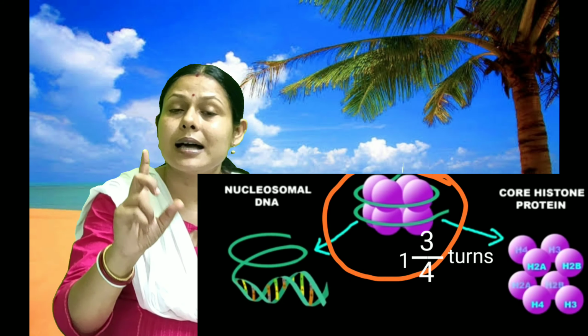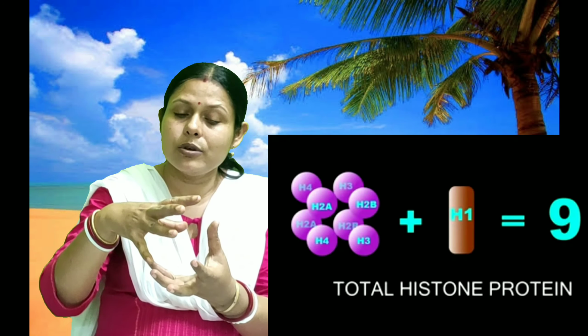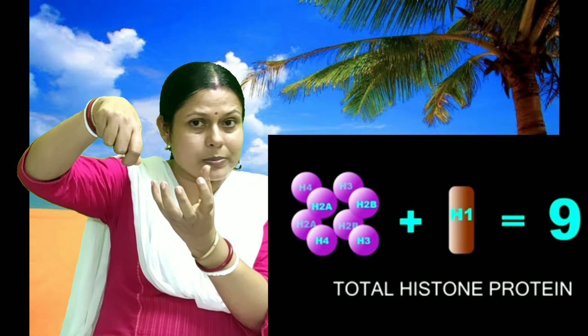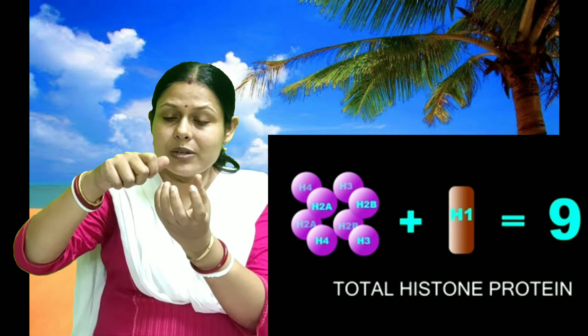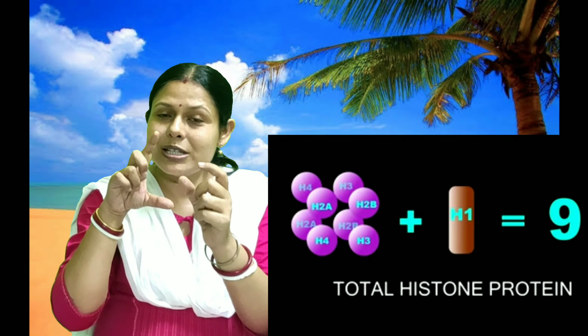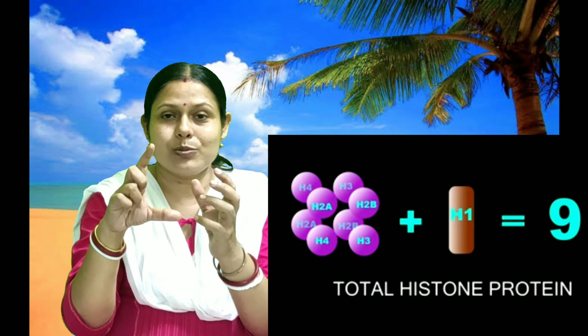And then there is another histone protein which is called H1 protein. So there are actually 5 histone proteins: H1, H2A, H2B, H3 and H4. If you leave out H1, then we have H2A, H2B, H3 and H4, and these 4, 4, make 8, forming an octamer. DNA winds around it 1 and 3/4 times, and then when it comes to one end, it has to be fixed with that octamer or that ball. It is fixed with the help of a clip. Now this clip is nothing but the H1 histone protein.